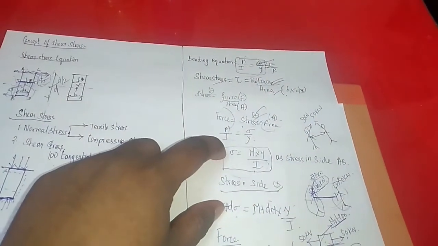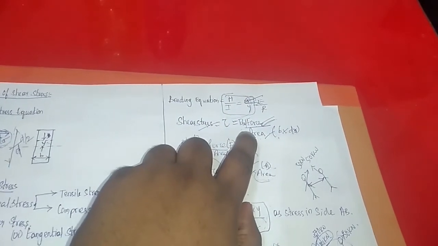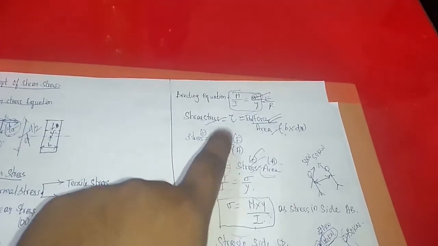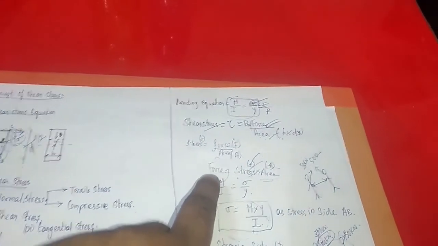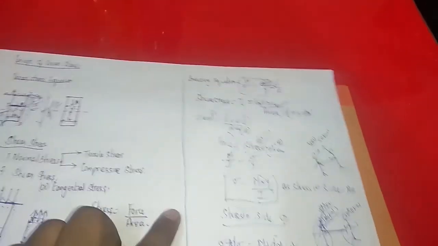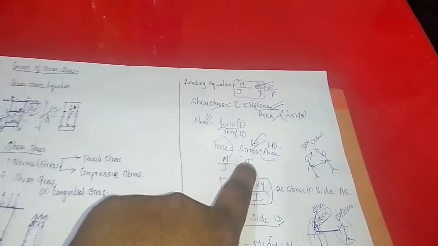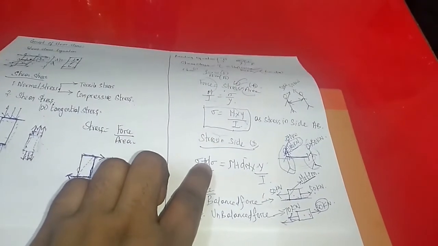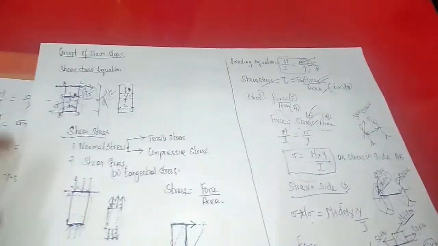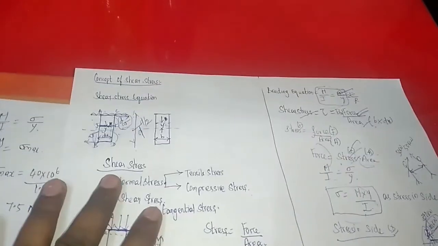Shear stress is nothing but total force by area. That is the formula. First we have to find the total force. How will you find it? Stress is equal to force by area, so if you keep the force on one side, we take the stress to the other side: stress into area. You can get the stress from the sigma equation, because we have two equal and opposite forces acting parallel, and that is only shear force.